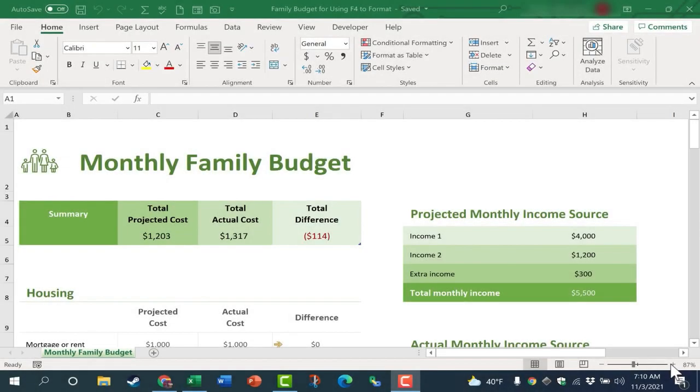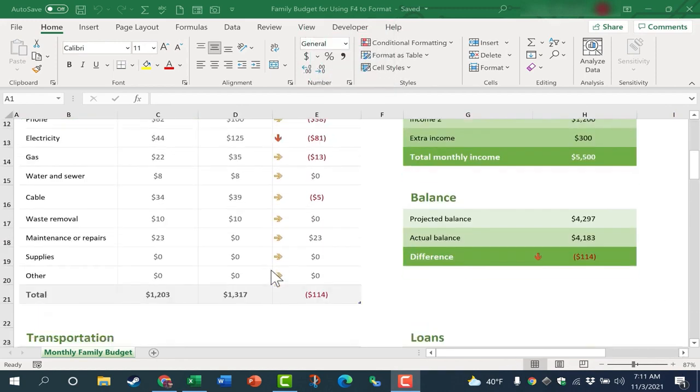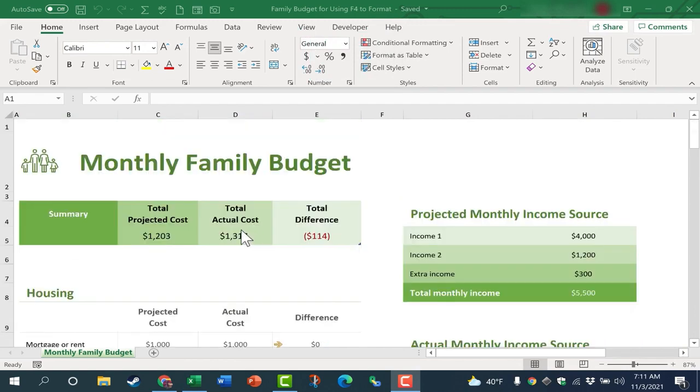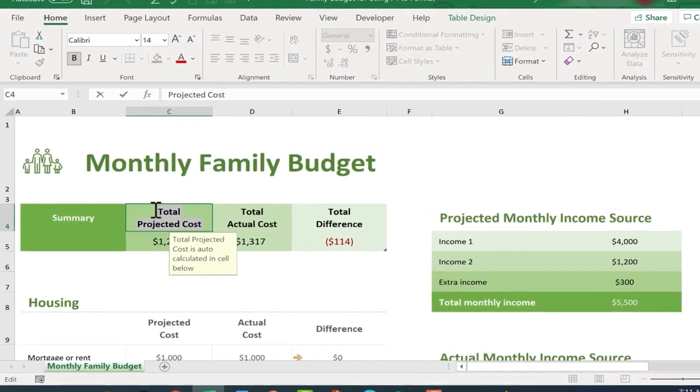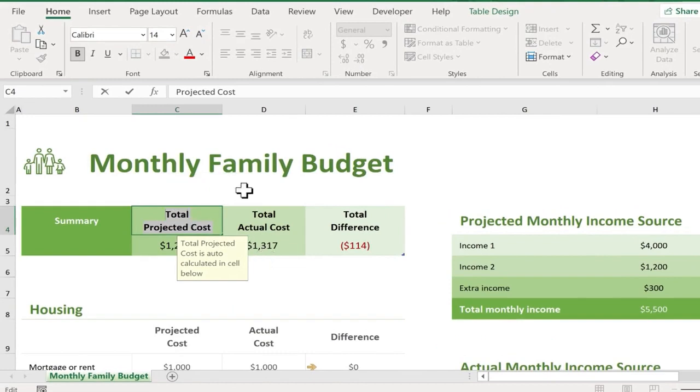In this Microsoft Excel quick tip, I want to show you how to easily and quickly format your data using the F4 key. So here I have a monthly family budget, and let's say I'd like to make some changes in the formatting. Maybe I'd like this total projected cost to be in blue instead of black, so I can